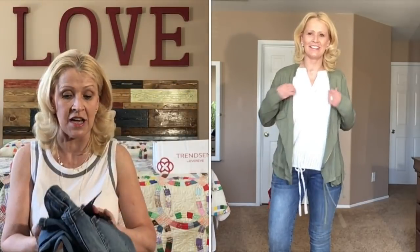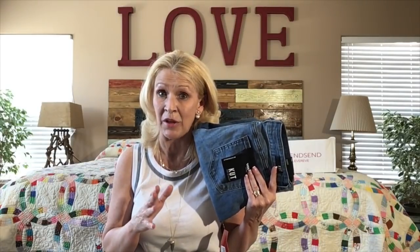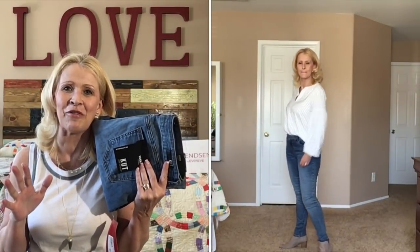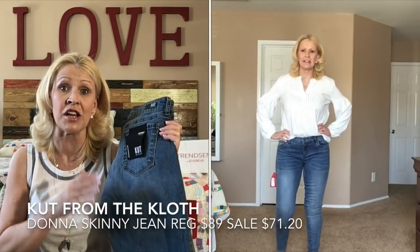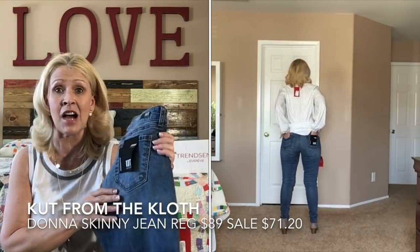The Cut from the Cloth Donna Skinny, and these are regular priced $89. That's pretty standard for Cut from the Cloth, and my price on these is $71.20, so I love to get Cut from the Cloth on sale. One thing about Cut from the Cloth is it runs a little large. Even if you put it on and it feels snug, it is going to stretch out throughout the day, and these are